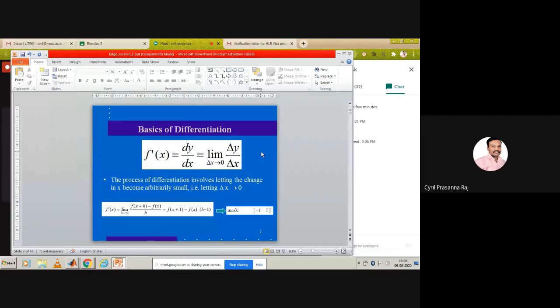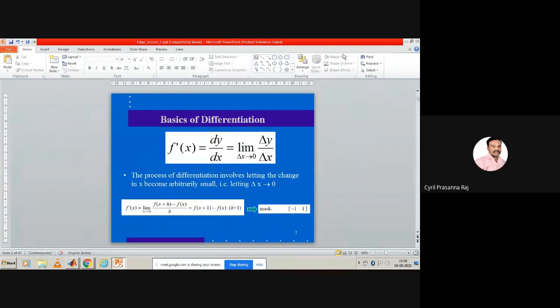So all of you may know what differentiation is all about. If you see differentiation, we represent it by dy by dx, or we express it in terms of a function f dash of x. It represents a small change in y, which we represent as delta y, with regard to a small change in x.